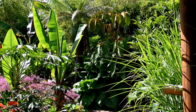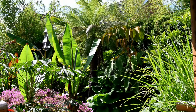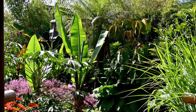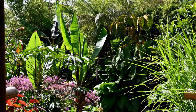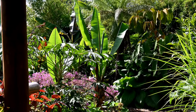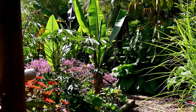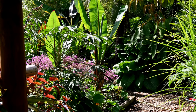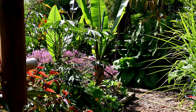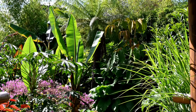This is the opening into the jungle hut, so there's no posts, barriers going across, and we can see we've got a huge tree fern, Dicksonia antarctica at the top there. In the very immediate foreground we've got another Schefflera, taiwaniana, that's had a nice flush, and then we've got the onset bananas in between, and that pinky purple flower there, that's Geranium palmatum. And then the red leaves in the bottom left corner is Persicaria, red dragon. So that's the main view I get from sitting in the jungle hut, which I hope you can agree is